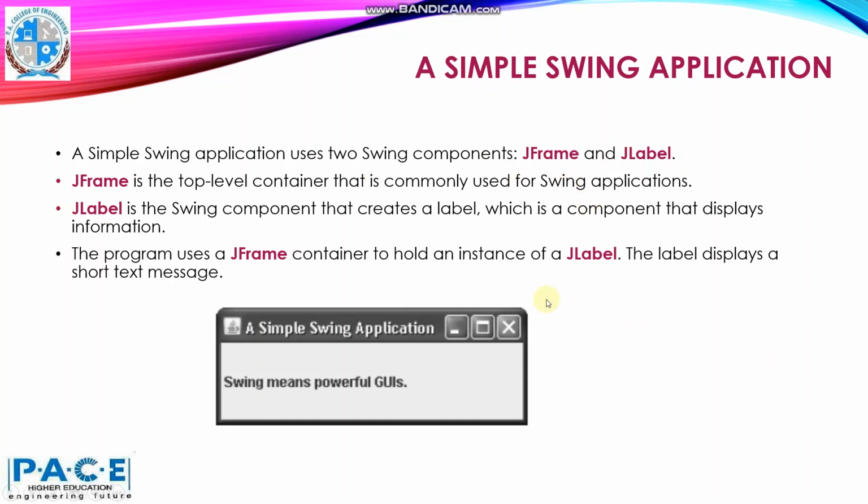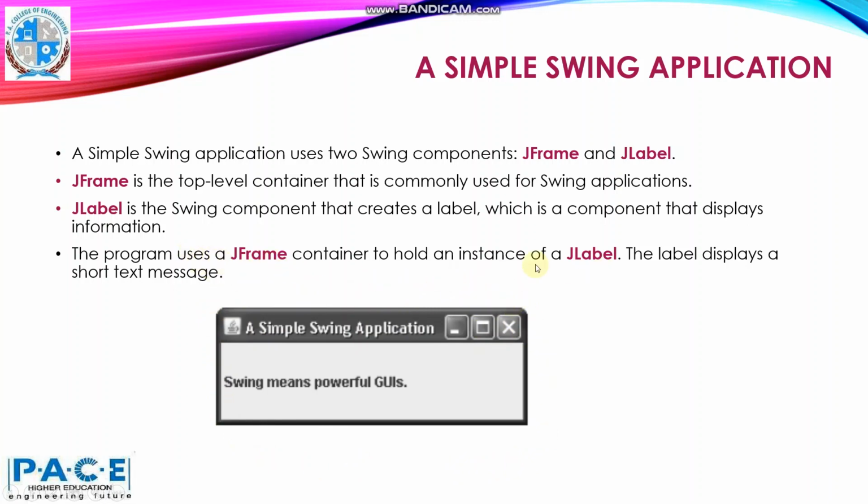So, our program will use the JFrame container. The output is shown over here. This is the JFrame container. This container will have a rectangular window with a title bar with minimize, maximize and close buttons, and a system menu. If we maximize, then the restore button will appear over here. So this is the JFrame container.